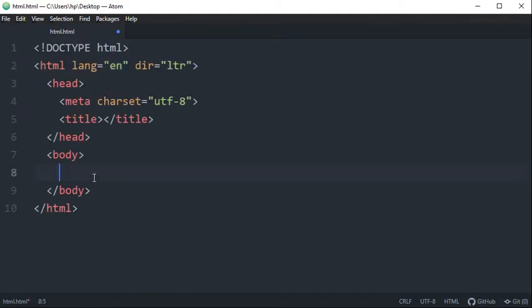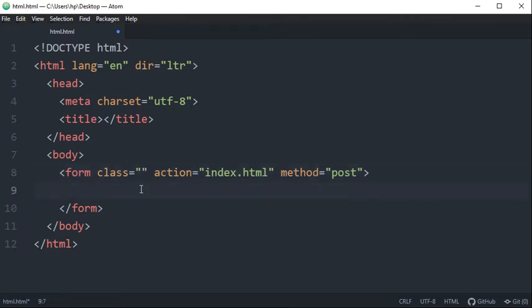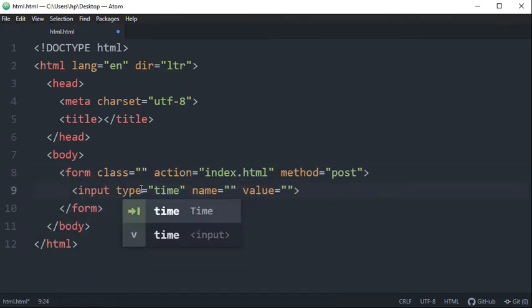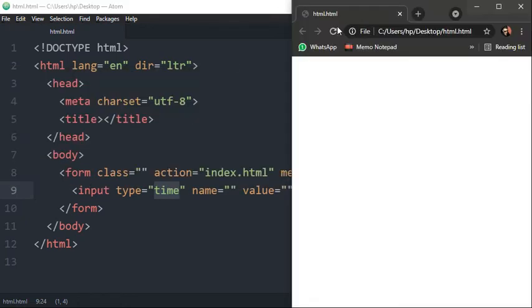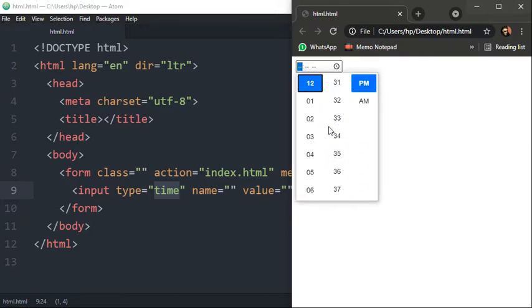Basic syntax now. Form. So let's get started with time. So as soon as you define time input type, what you get, I'm saving the results and refreshing the page. So here you can take input in form of time from user by using this input type. So these options will be displayed in the website at users end. So user can select time. So you can see 12 for hours and 64 seconds, sorry, minutes, and this is for am and pm.